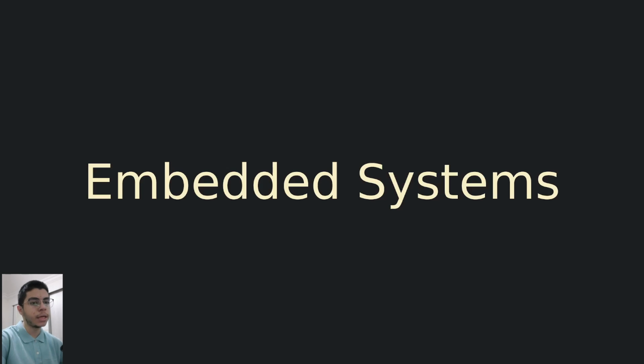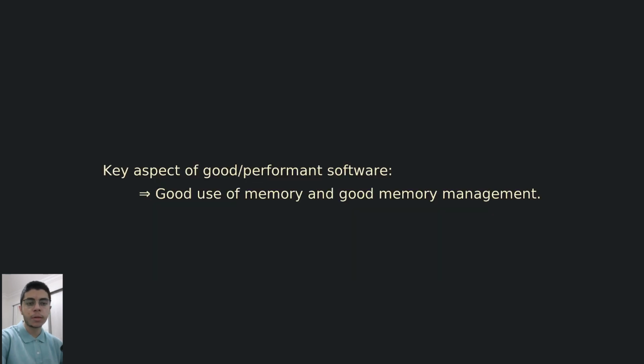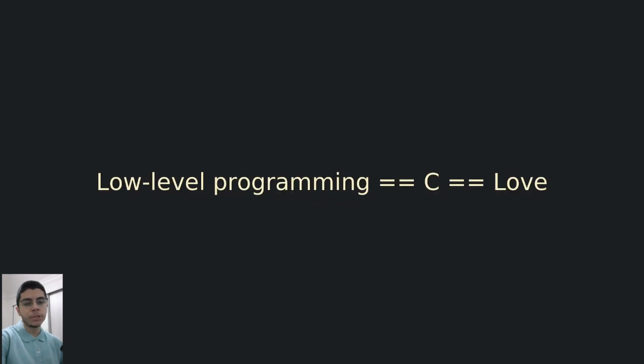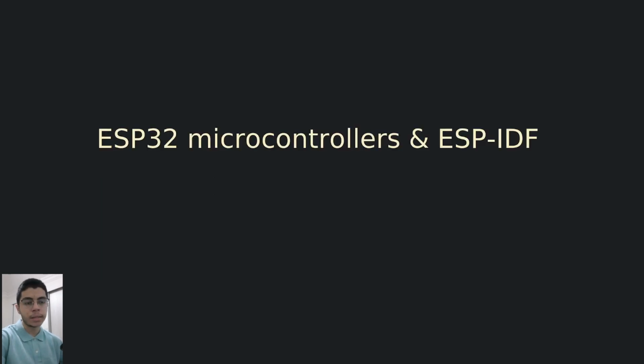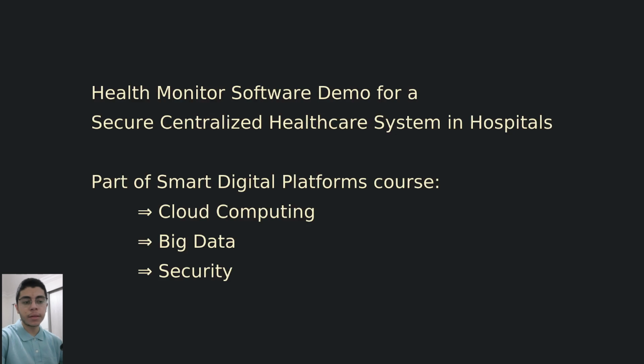I think that understanding the low-level processes on the hardware and operating system levels, as well as how memory works from a constrained point of view, is essential for writing better software with high performance. And that made me appreciate low-level programming with C. I have worked with ESP32 microcontrollers and the ESP-IDF, an IoT development framework in C. It runs FreeRTOS, an open-source real-time operating system, and in my personal time, I used it in a health monitor